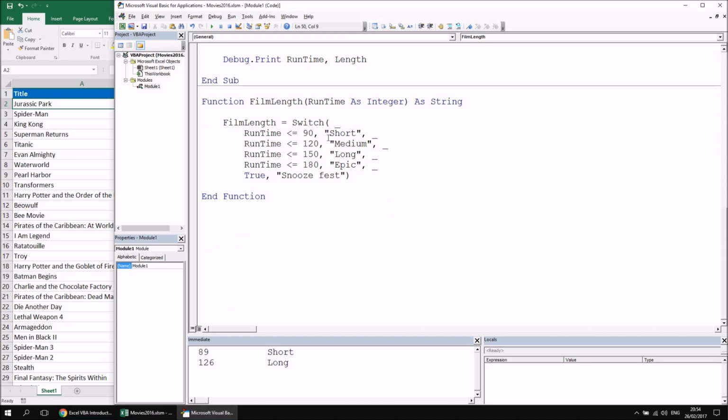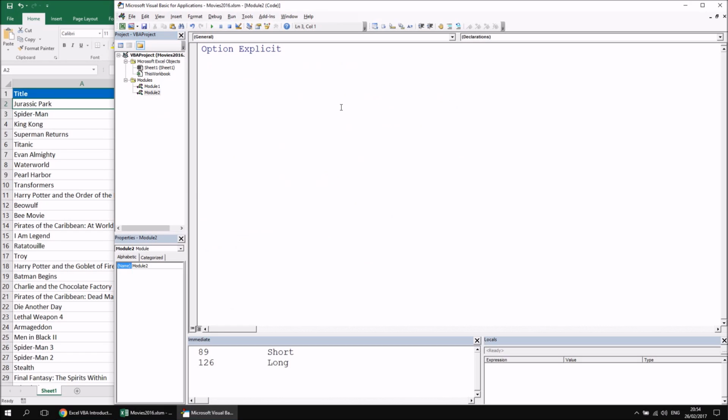So let's just head into a new module for this. I'll leave that function sitting where it is. I can still call it from my other modules, that's fine. The main routine is going to be something like Sub ListFilmsByLength. And then the main idea here is that I'm going to loop through all the cells in column A of my Sheet1. So I'm going to say Dim r As Range,